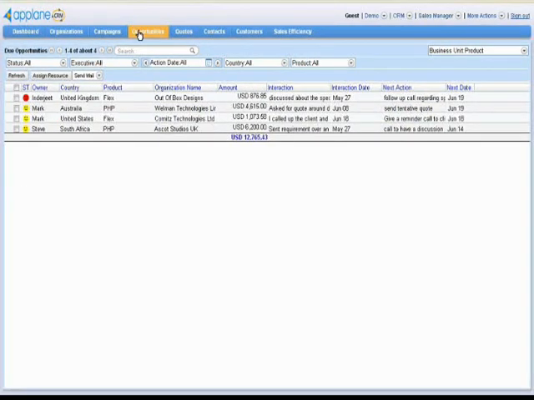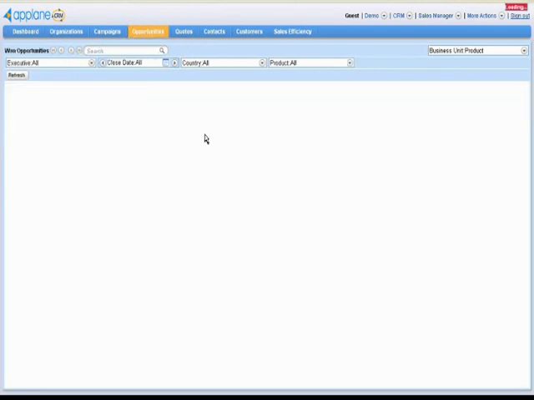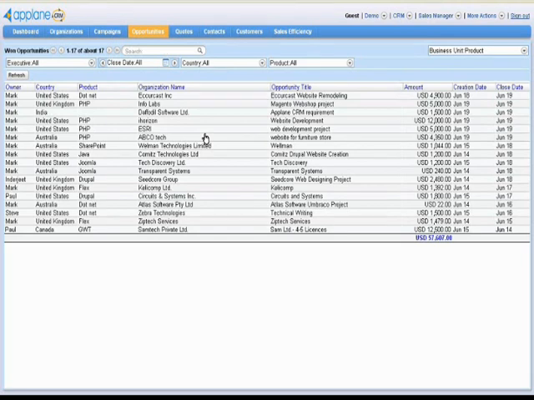Now you can view this opportunity in the One Opportunity view. Thus, you have successfully closed a deal using Applane CRM. Congratulations.